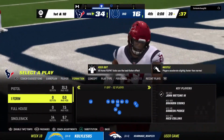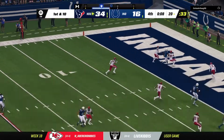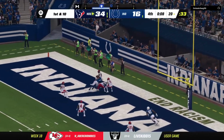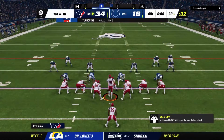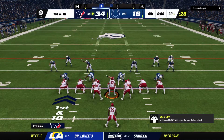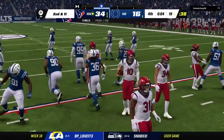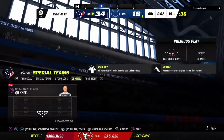Well, there's two sides to this coin. I mean, on one side, 5 interceptions now thrown for him. That's tough. But, man, this defense, they have been ball hawking and impressive. But, Charles, let's flip it back over. If you're coaching a quarterback that's struggling this much at this stage of the game, do you maybe try to get him out? I would think about it, and I think about it